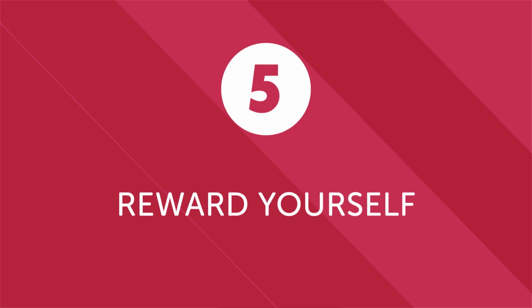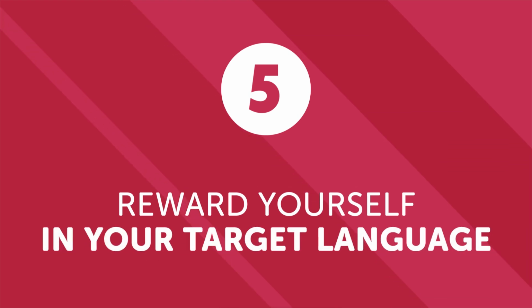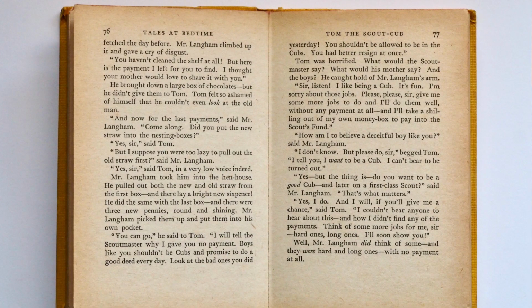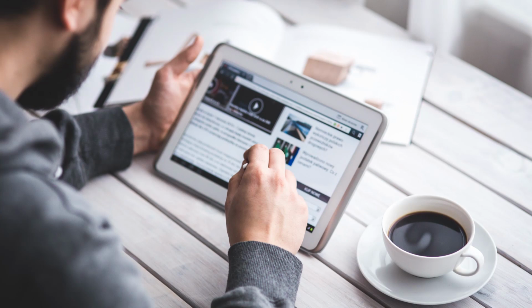Number 5. Reward yourself in your target language. At the end of a busy day, we all love a little relaxation and me time. One of the most enjoyable and effective ways to develop your language skills is to kick back and enjoy the language while doing leisure activities. Whether it's listening to music, watching a movie or TV show, reading a book, or even enjoying a good online video binge,